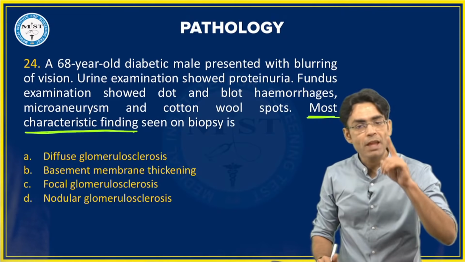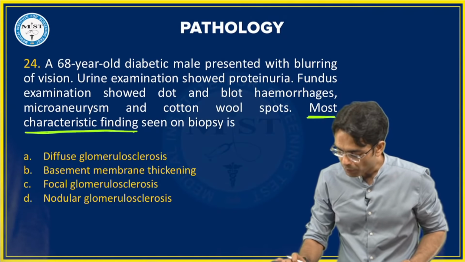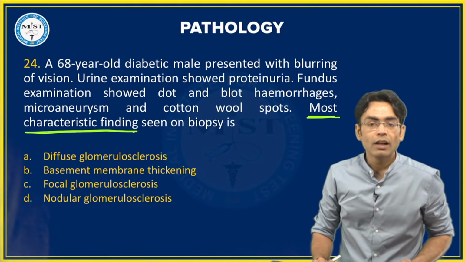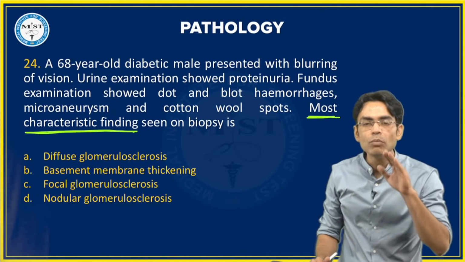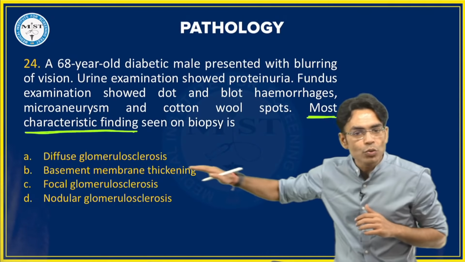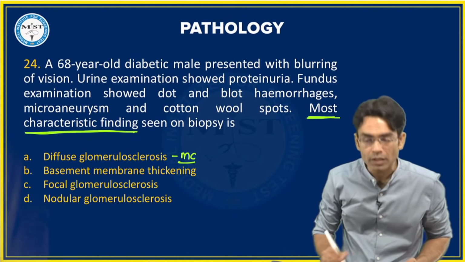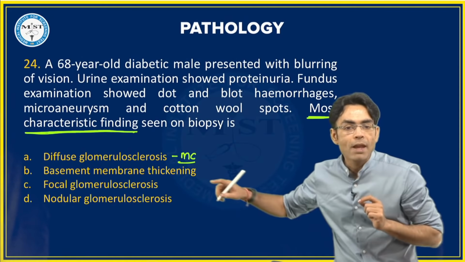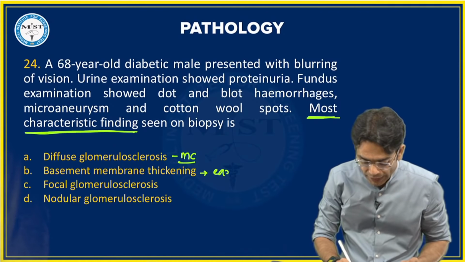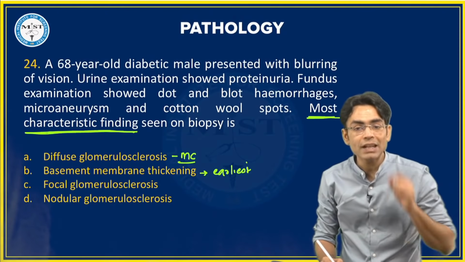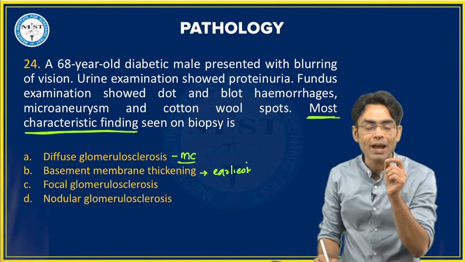Beta, you are making a mistake in just reading the question properly. Now they are asking you the most characteristic finding, not the most common finding. Diffuse glomerulosclerosis happens to be the most common finding for diabetic nephropathy. Basement membrane thickening happens to be the earliest finding. But if they are asking you the most characteristic finding, then it is going to be nodular glomerulosclerosis, which is